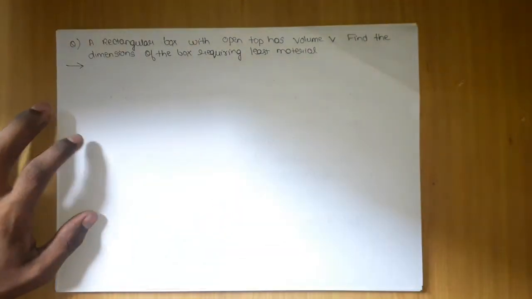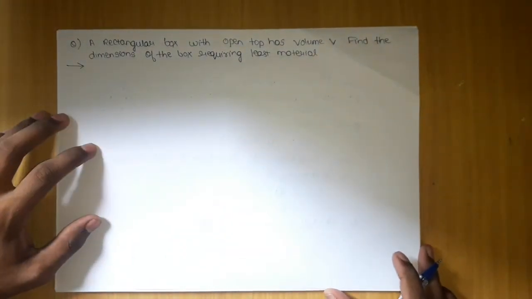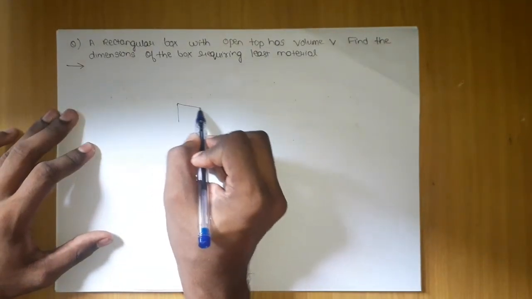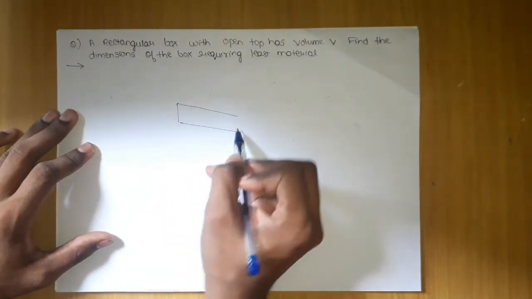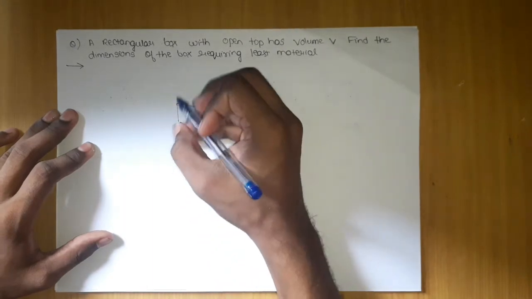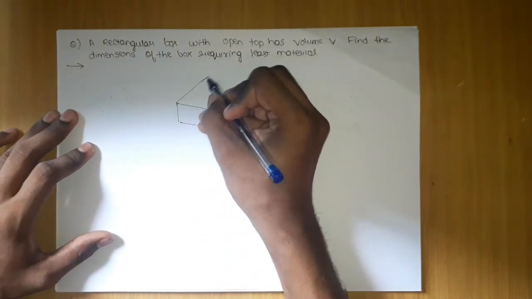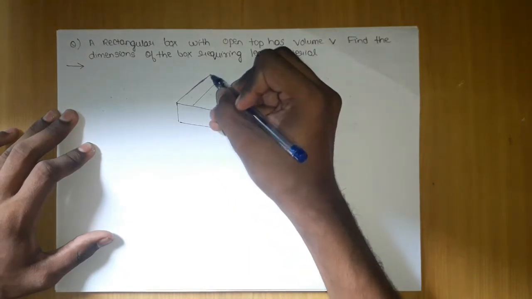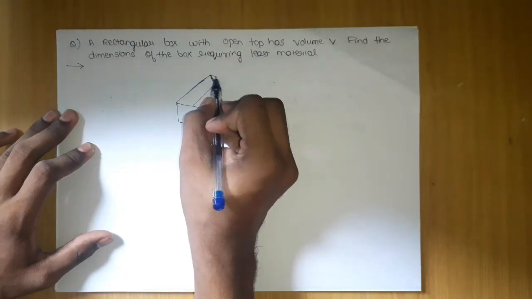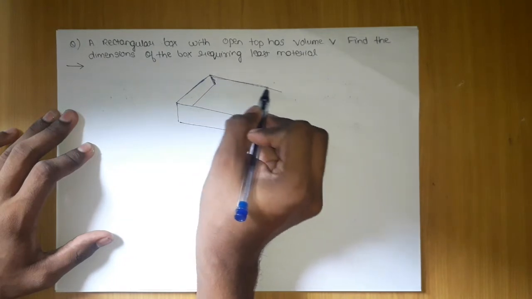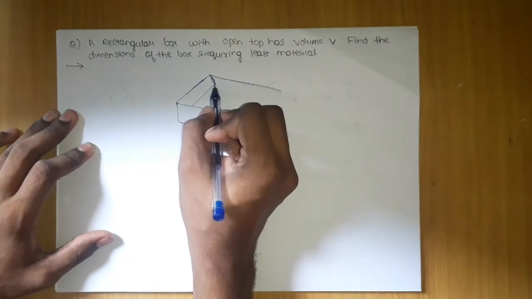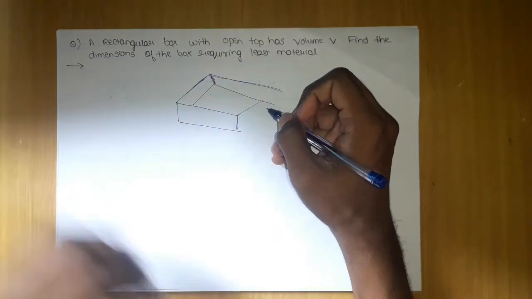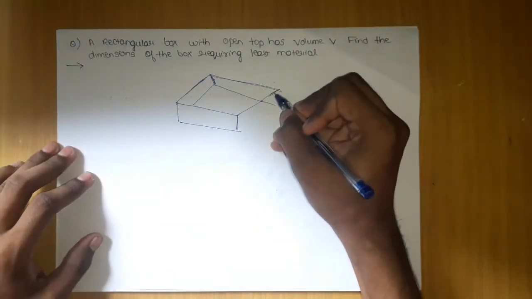First I will make you imagine the rectangular box. How are we going to do it? Suppose this is my box. Let me draw. This is my box. Sorry if the drawing is not good enough. Suppose this is the rectangular box I am taking. This is the rectangular box which I am considering.